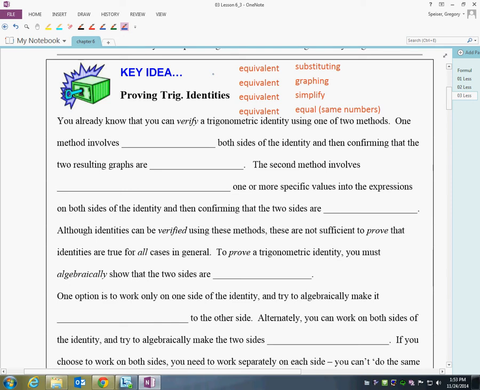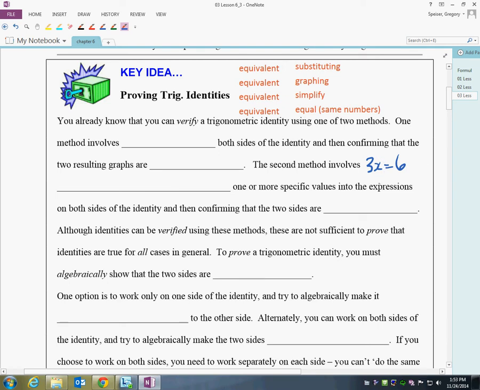One thing I can address right now: what's the difference between the word equivalent and the word equal? Well, let's say that 3x is equal to 6. I could say that 3x is equivalent to 6. Would you say that they're exactly the same thing? No, they're not. 3x is not the exact same as 6, but because there's an equal sign in between, they